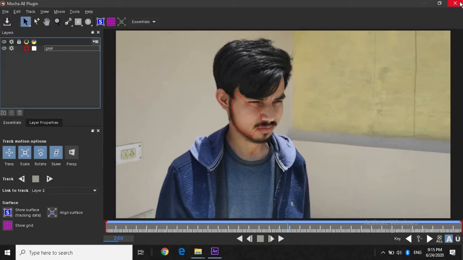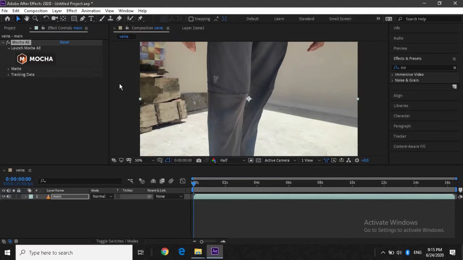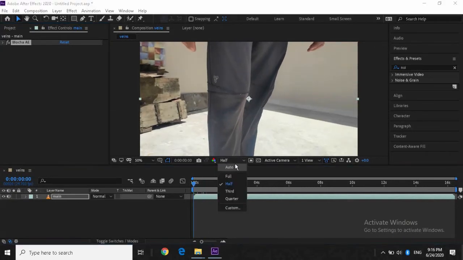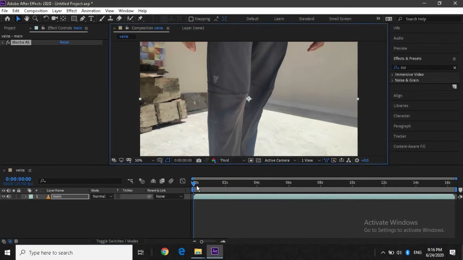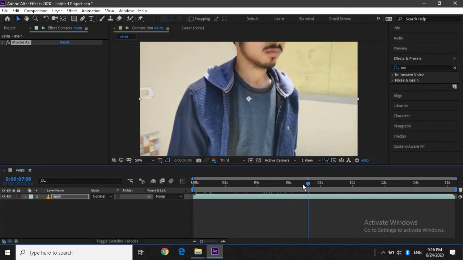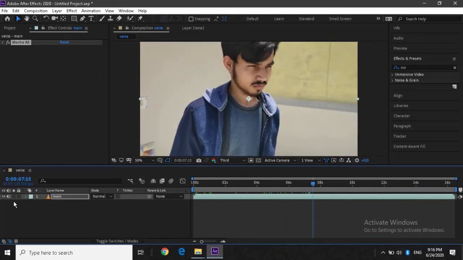So let's save this data from here, save this project and cut it. Don't worry about it, cut it. So here it is, look at it, it looks nice. Let's watch our clip. Let's preview it, make it a third. Yes, I work in third, so we could see nothing. Don't worry about it, we have to do some things.